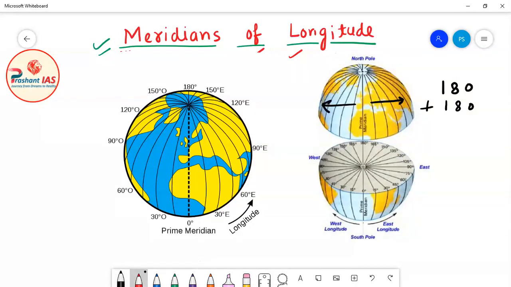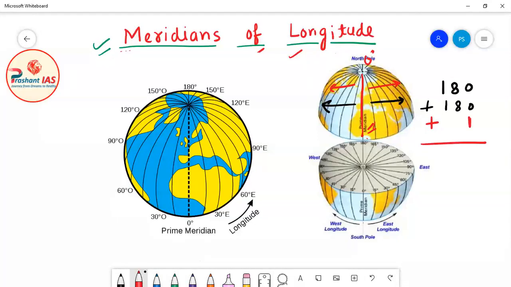Now besides these we have one more, and that is the prime meridian. Okay, because we are counting from here as 1 degree, and the prime meridian is 0 degree. So 180 meridians of longitude are located in the east, and 180 meridians of longitude are located to the west of the prime meridian. Okay, and the prime meridian is 0 degree. Here we are counting to the east and west of the prime meridian, so we have to take the prime meridian separately. So one more longitude is the prime meridian.